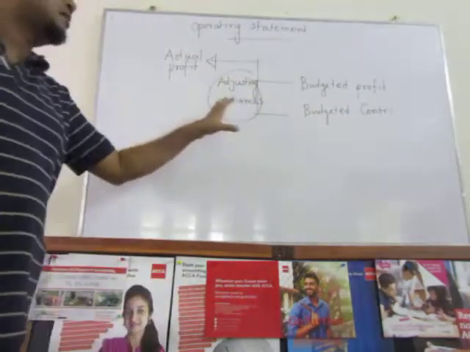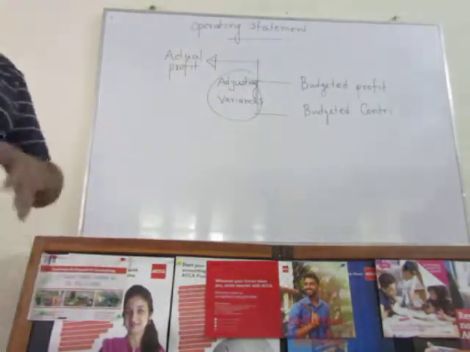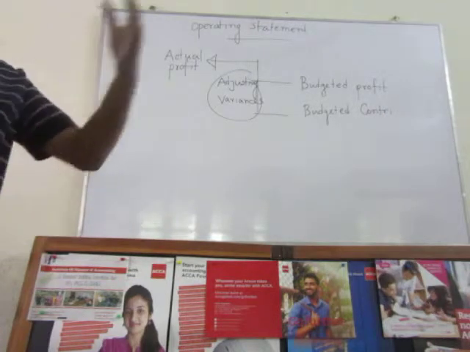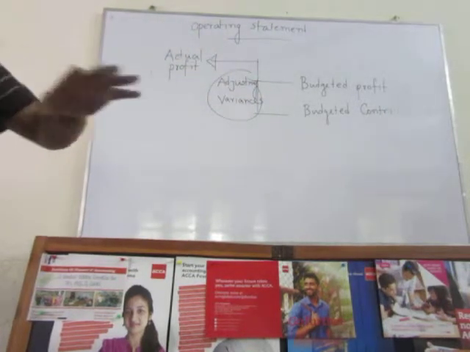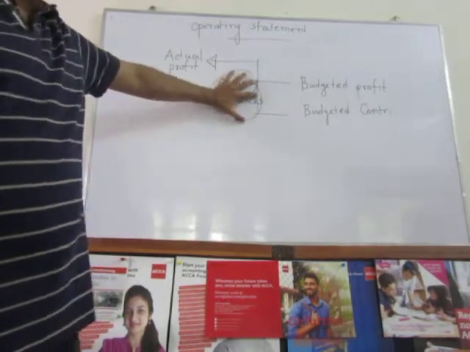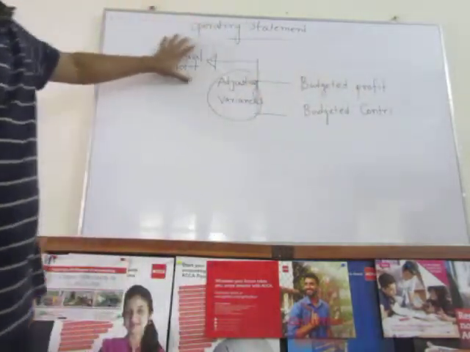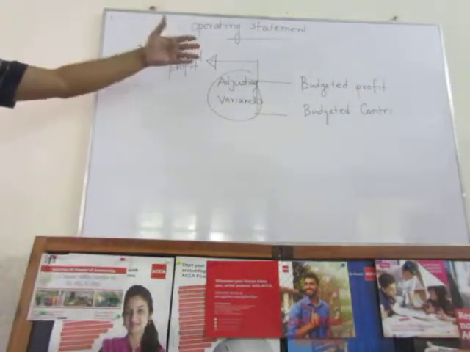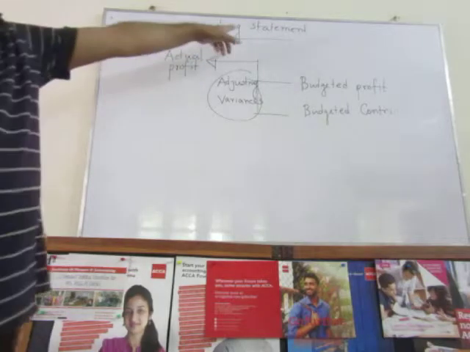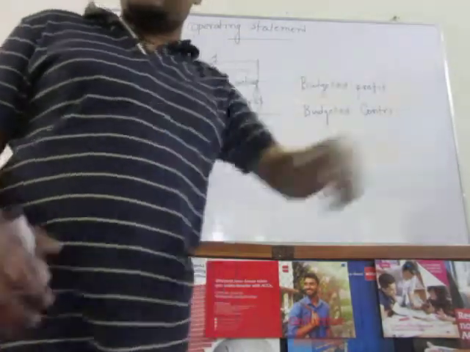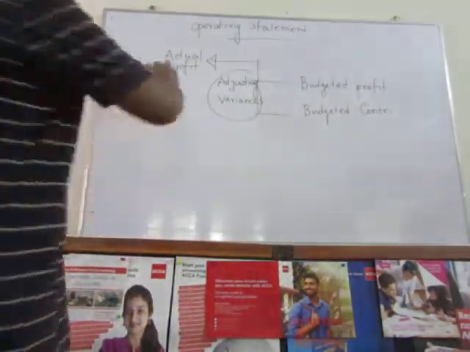Then some variances we have already discussed. Whatever the different kinds of variance, sales as well as cost variance. By adjusting those variances with these components, we can find out the actual profit. So it's a process method. This method is called operating statement. এখন this operating statement